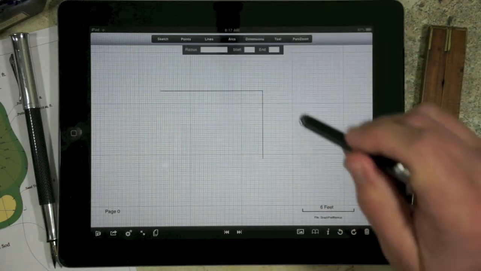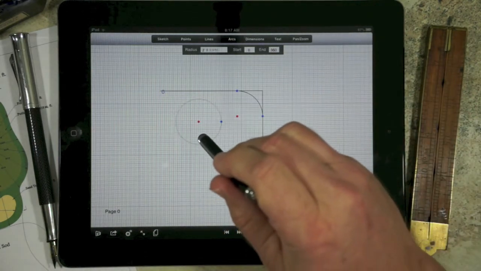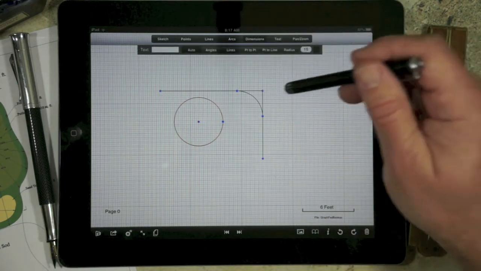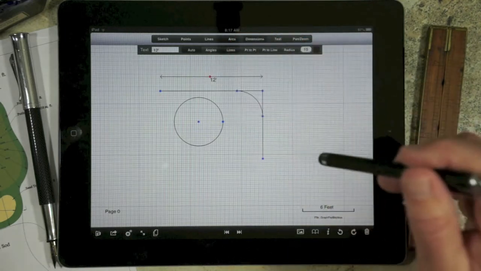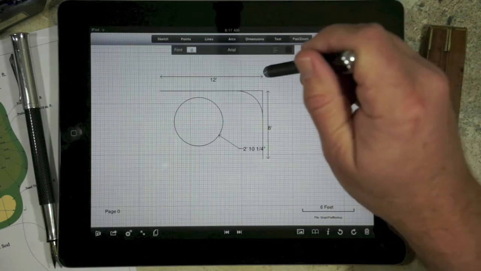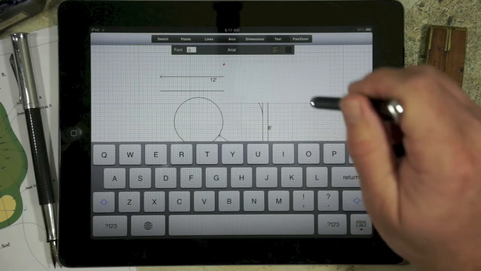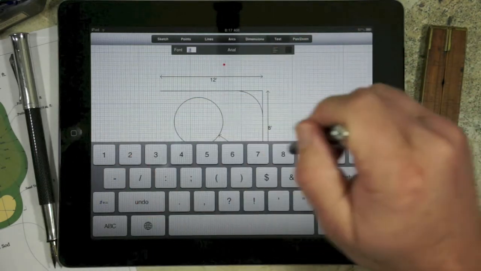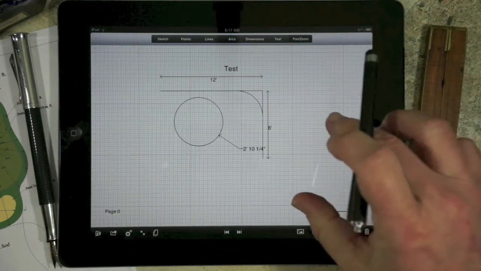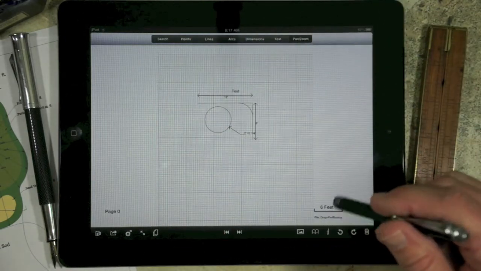We have the arcs mode. Arcs mode is actually used for making corner arcs and for making circles. Circles can actually be resized, and we'll go into more detail. We have the dimensions, which is where we actually apply our dimensions, and we can see that it's very easy to create dimensions on our various different elements. Text mode is for creating rudimentary text. And the pan and zoom mode, which actually allows us to reposition our drawing. And we'll notice when we zoom out that we see the edges of the paper that we're going to be drawing on,